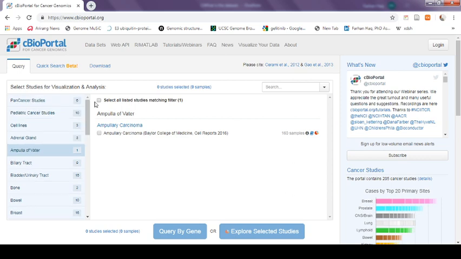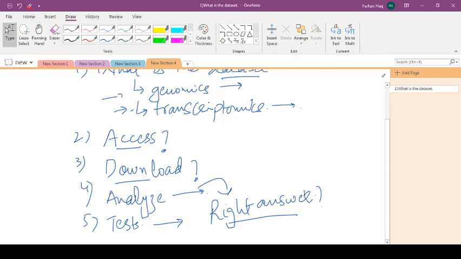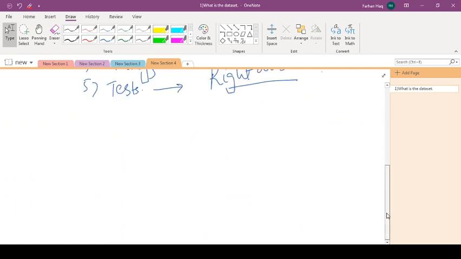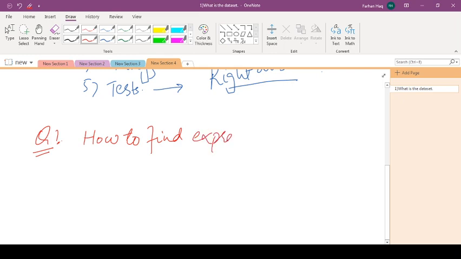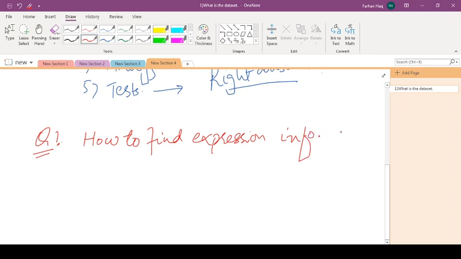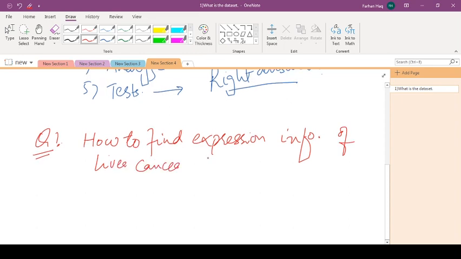For instance, now let's formulate a question, right? For example, the question is, how to find expression information of liver cancer dataset, right? So the first part of the tutorial is how to find the expression information of liver cancer dataset, and also the